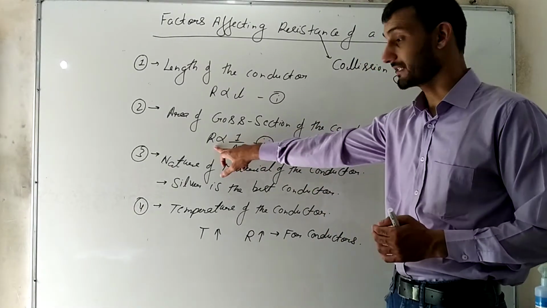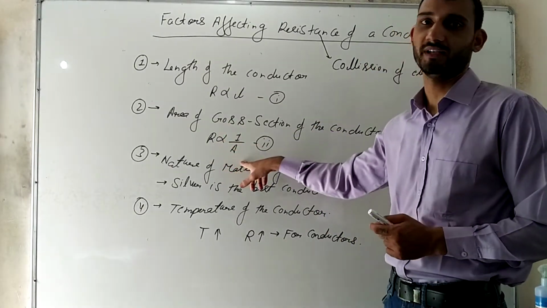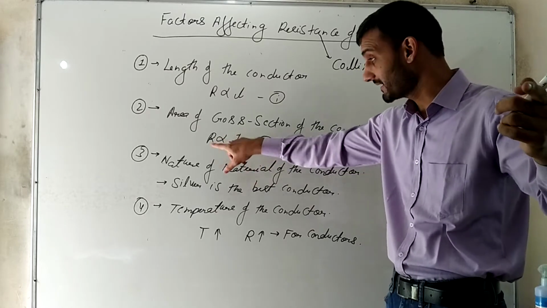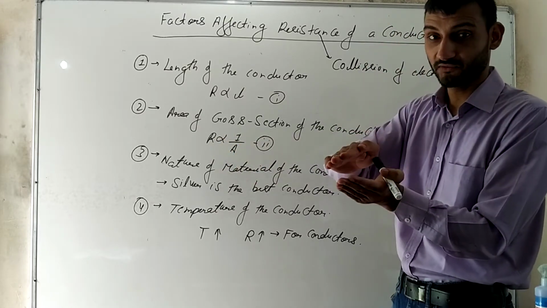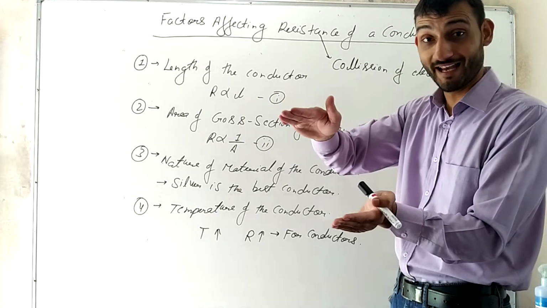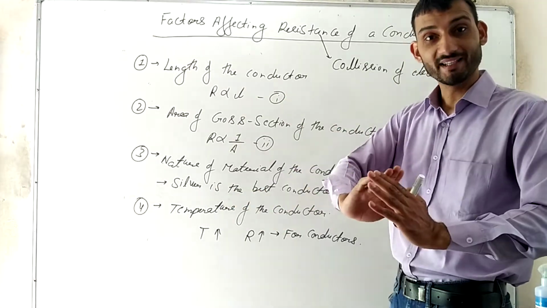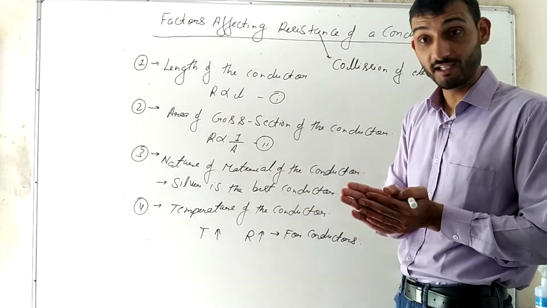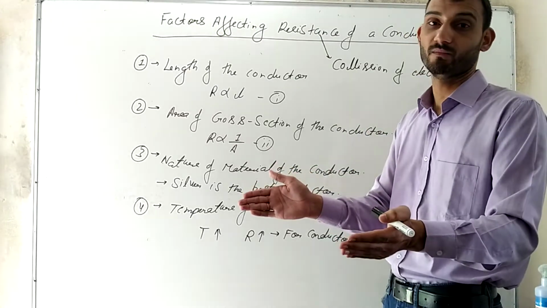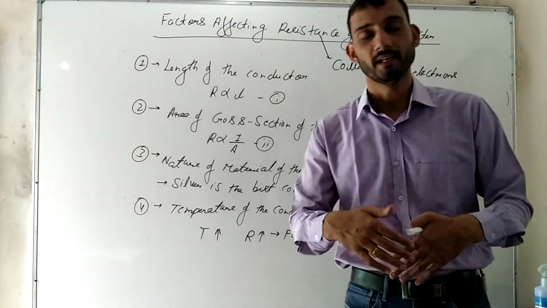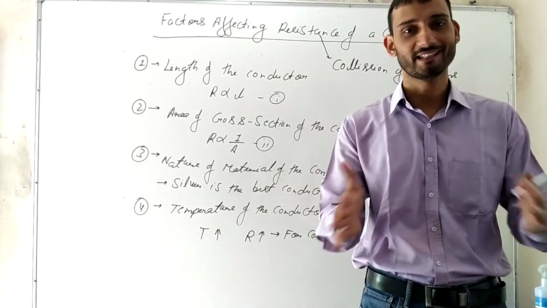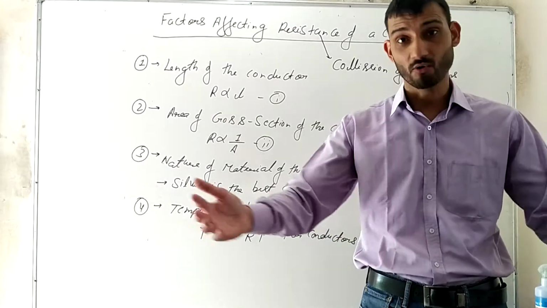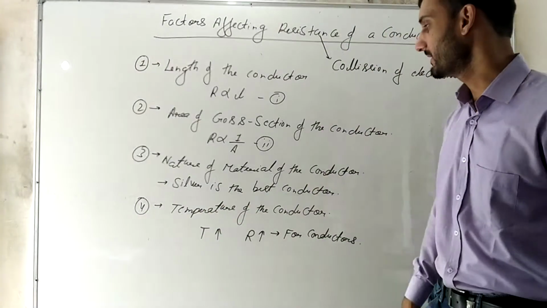So it means resistance is inversely proportional to area. Inversely means area is more, resistance is less. Area of cross section is more means they have more space to travel across the length of the conductor. Since the area is more and they are traveling very easily, very conveniently, they are not colliding because they have some space around them to travel, and therefore the resistance will be less.